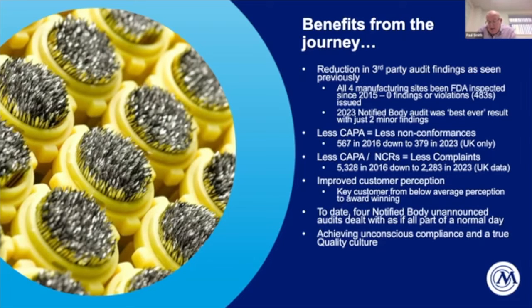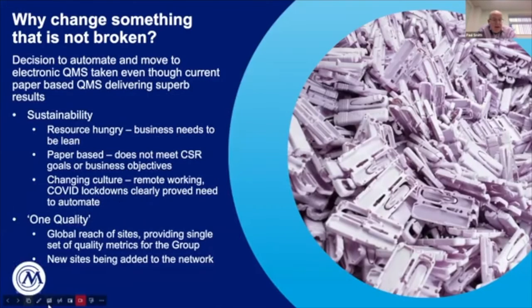So when I take a step back, it's evident that we have achieved that level of unconscious compliance, and really fix the quality culture so that we can really push hard and improve processes, improve things to get the cost of quality in the right side of the equation. So that journey took us through to a point where our paper-based quality system, the old paper-based system, was getting truly a great reputation from audit. And then I decided to go and break that by going from the paper-based system into implementing ETQ and digitalizing it. So the decision around that was